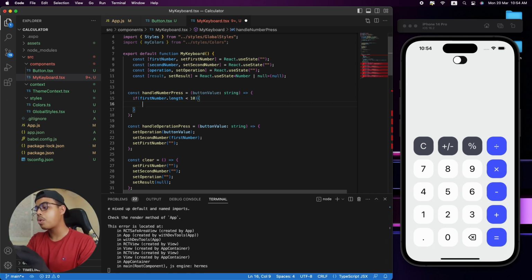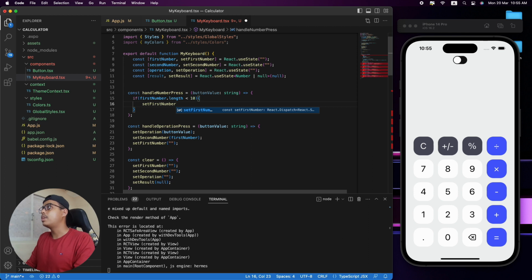You can see over here a notification that you can't enter more than 15 digits for your first number values. In our application, we're going to set it so you can't enter more than 10 digits. Alright guys, that is what is happening over here. If our first number length is less than 10, we're going to go further. If it is greater than 10, we are not going to take it. That's it. Then we're going to set our first number